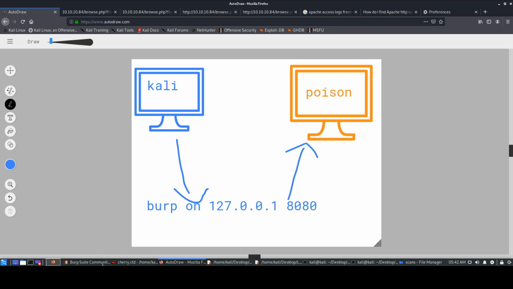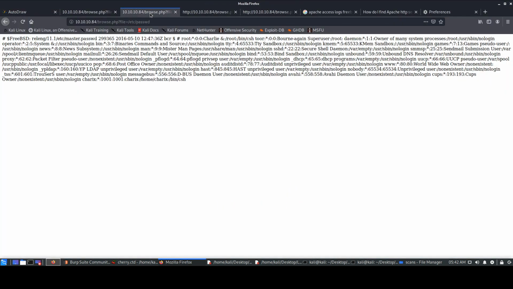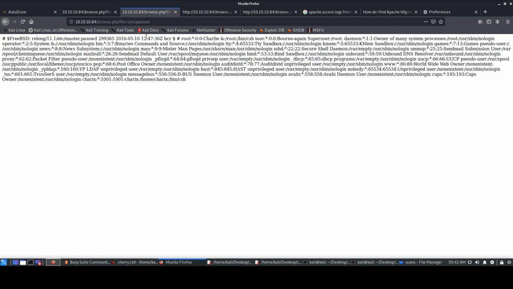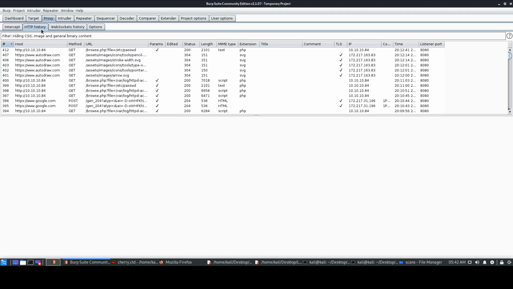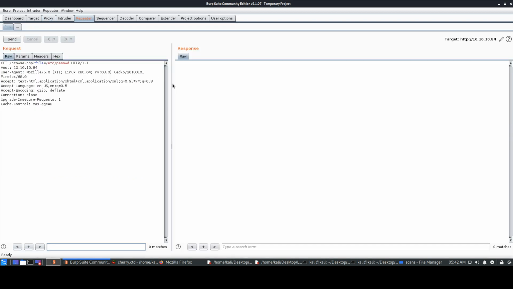So now we'll just look at Burp. We'll reload that page. I don't think we need to reload the log file, but probably we'll reload this /etc/passwd file, so that we get the HTTP history. It's the same as your browser history. Like in any browser, you'll get the history. So it's the same as that. Just do add to repeater, because we will try this request multiple times and see how it